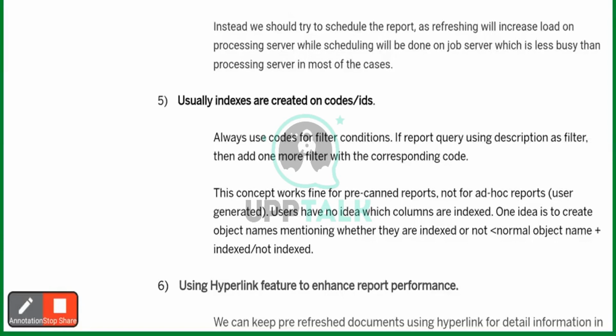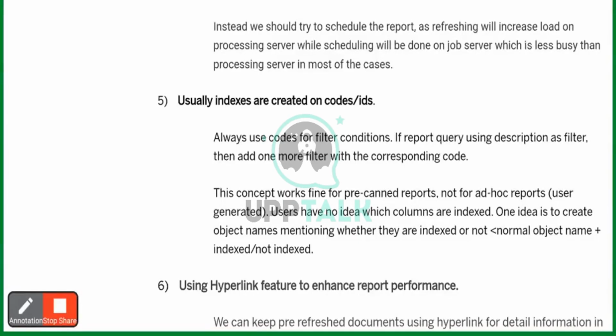If you just take an example of company code 4001 with company name Plant, and you use company name as a filter condition in your report filter, it will take time to retrieve the data. If we take company code and put that in a query filter, company code equal to 4001,